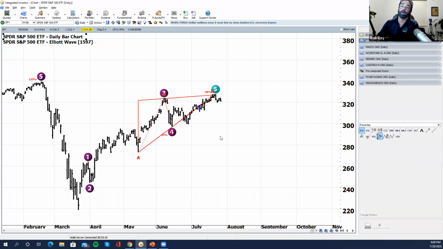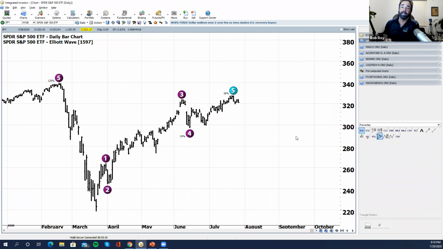Usually when we're talking about triangles in themselves, we don't pick a direction. The triangle can break either direction. But when you're dealing with more of a diagonal type pattern that coincides with the Elliott wave pattern in general, those tend to resolve themselves to the upside. And so I just wanted to add that into the mix as far as potentially moving